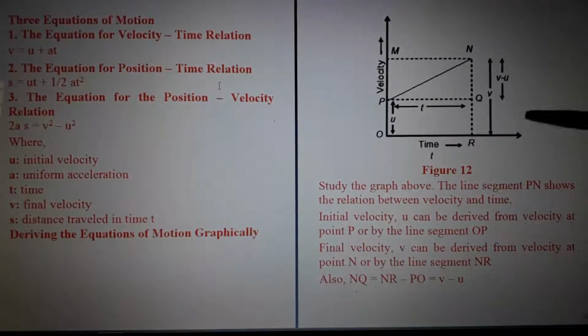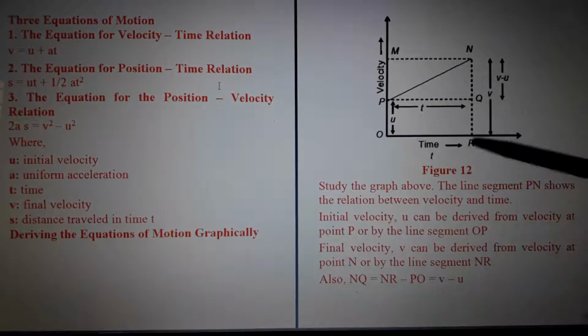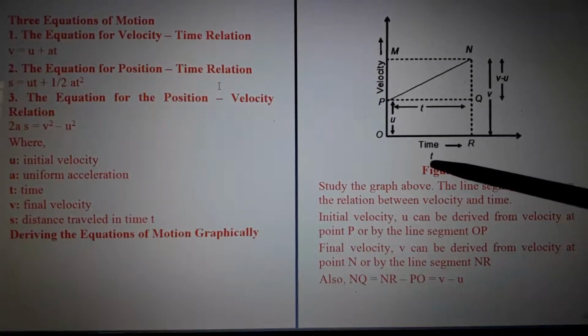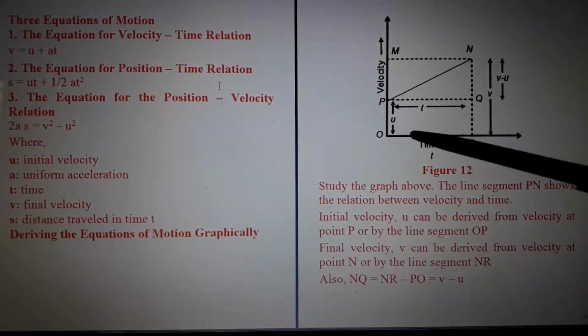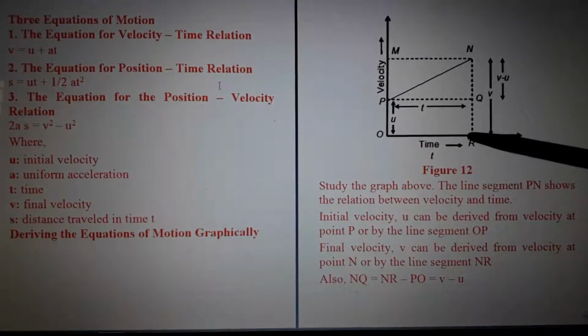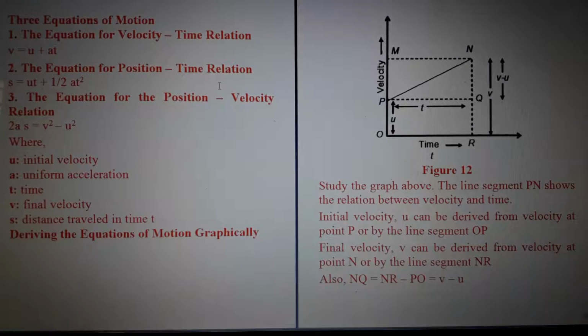The first case is very simple. You know the time, or our line segment is the time. Directly we have the time. Actually in a real graph there will be values here like 1 second, 2 seconds, 3 seconds, 4 seconds, 5 seconds, like that. That will be very easy for you to understand. But first, this method you must know, how to derive the equations from this graph. And once you get that, it will be easy for you to continue the remaining diagrams of graphical derivation. The first one is very simple. Just try to practice it regarding this line segment and all.